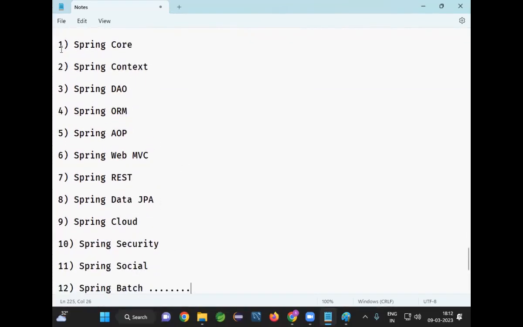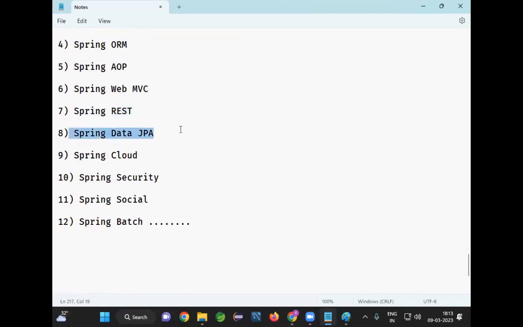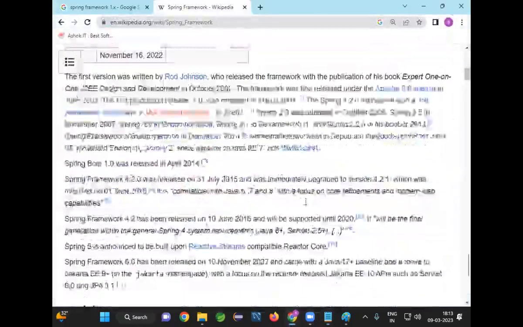Can you read the modules? Spring Core module, Spring Context module, Spring DAO, Spring ORM, Spring AOP, Spring Web MVC, Spring REST, Spring Data JPA, Spring Cloud, Spring Security, Spring Social, Spring Batch, etc. Sir, then what about Spring Boot? Now, can you see here,